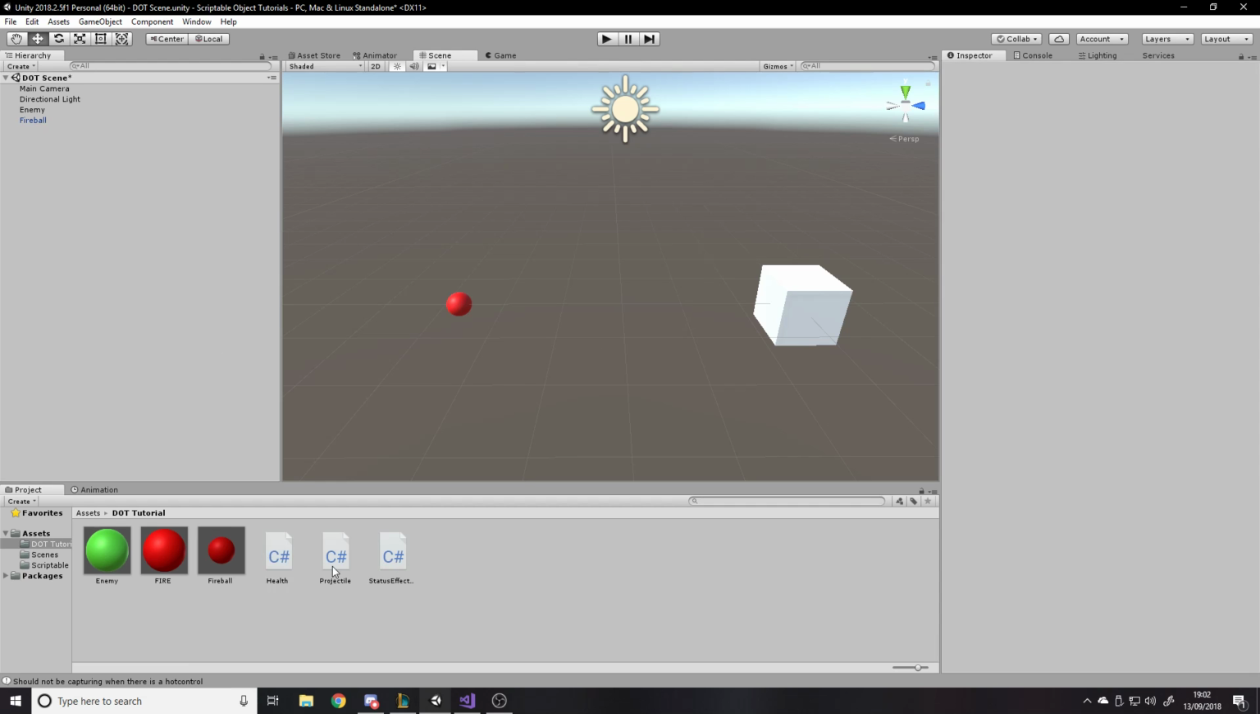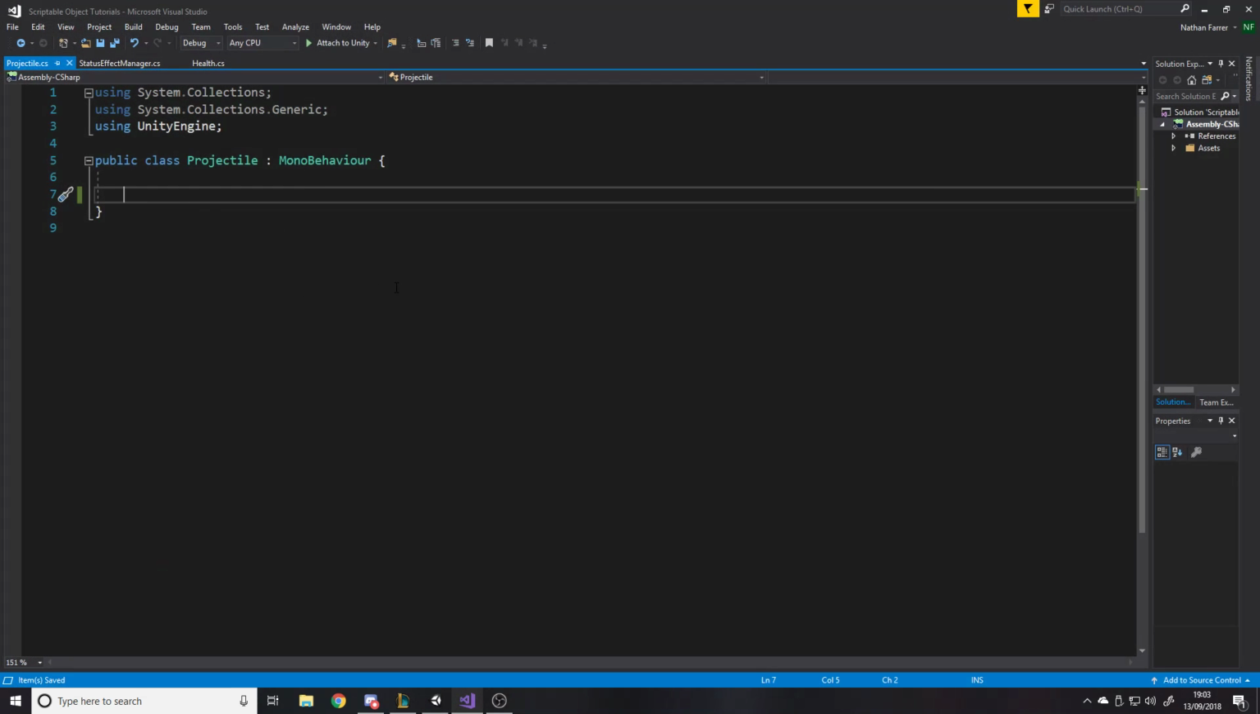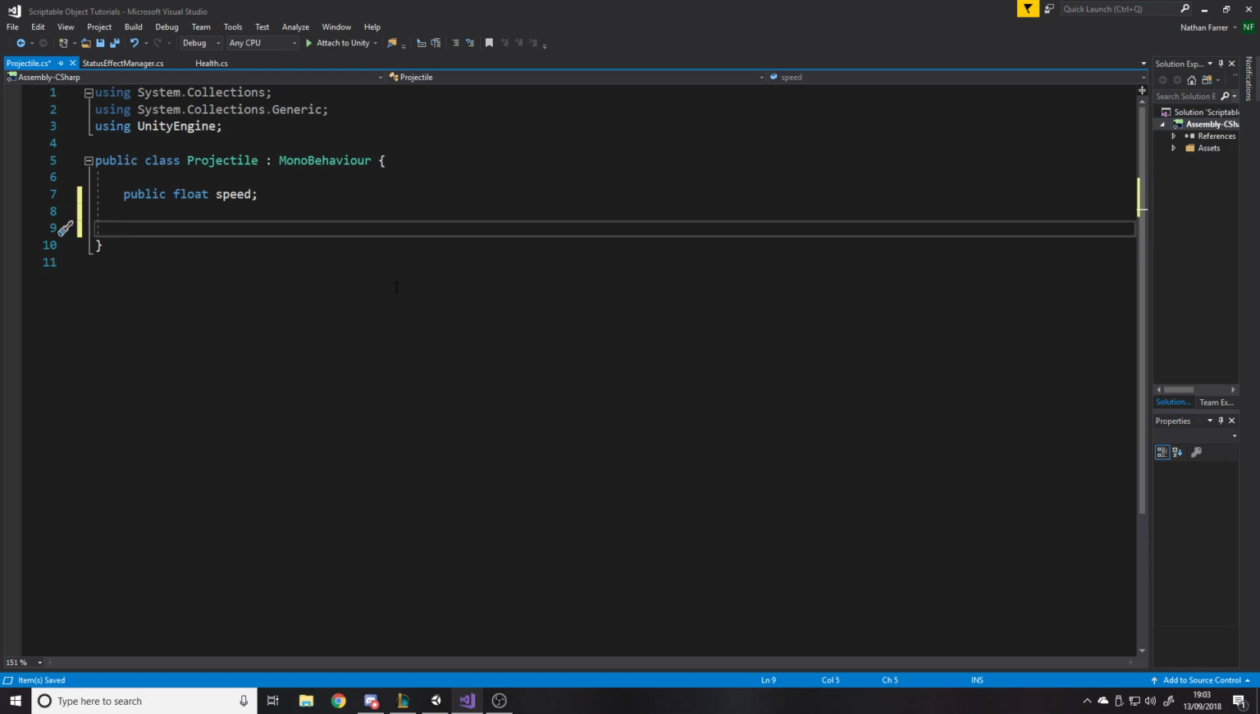So then we'll do the projectile next. So for the projectile, we want a public float speed for the projectile. I guess that'll be it, to be honest. We want a on trigger enter,